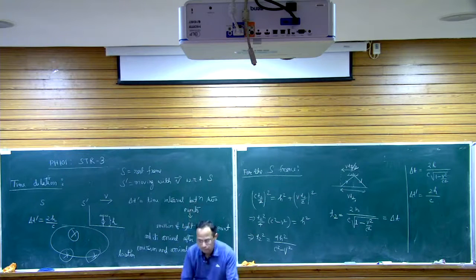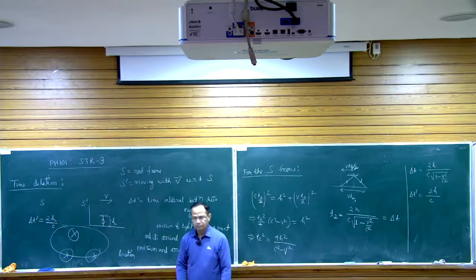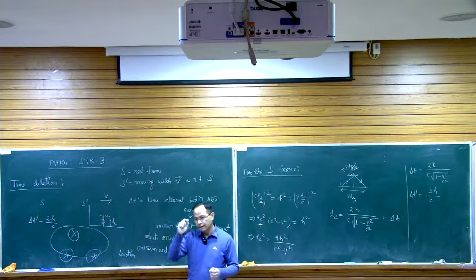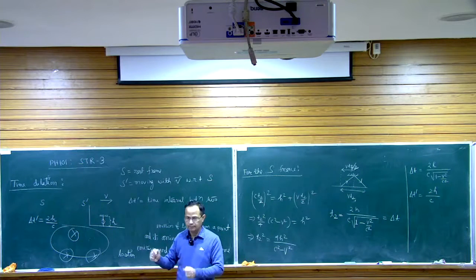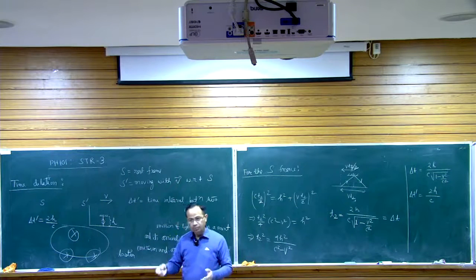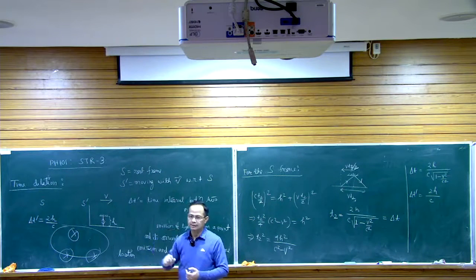Why did Michelson and Morley perform this experiment? They wanted to find the velocity of the Earth with respect to the supposed ether medium. I think by that time they knew that Earth has an orbital velocity, and at different times of the year the orbital speed of the Earth is different. They knew that. That is why they wanted to make use of that fact to see if there is going to be any variation in the signal.